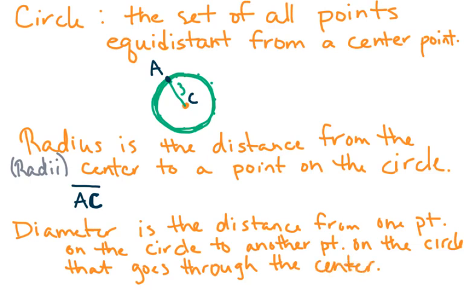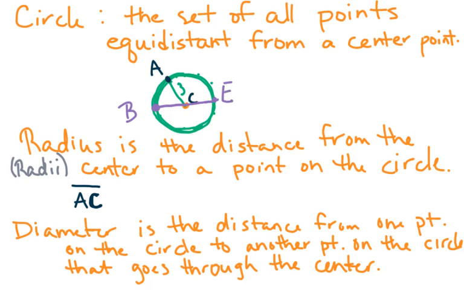So here, if we go back up to the circle that I drew, if I have a point here, we'll call it B, and I draw a segment that goes through the center of the circle to the other side of the circle, we'll call this point